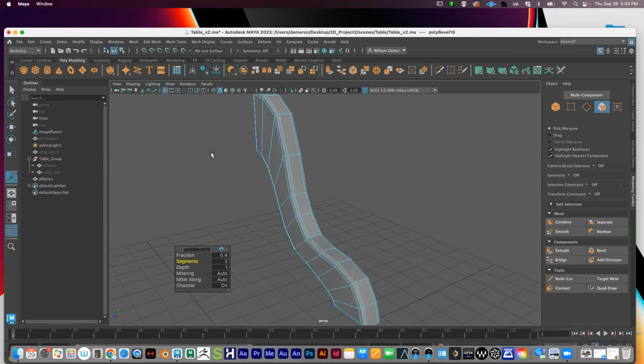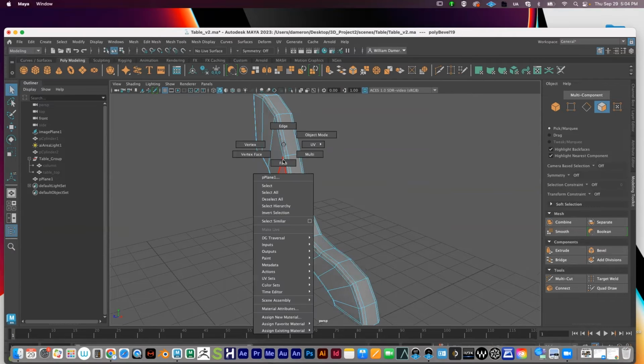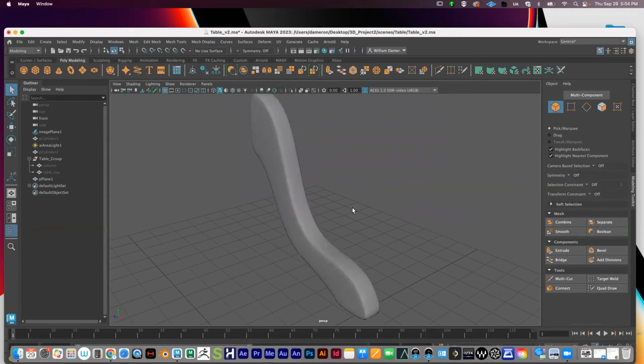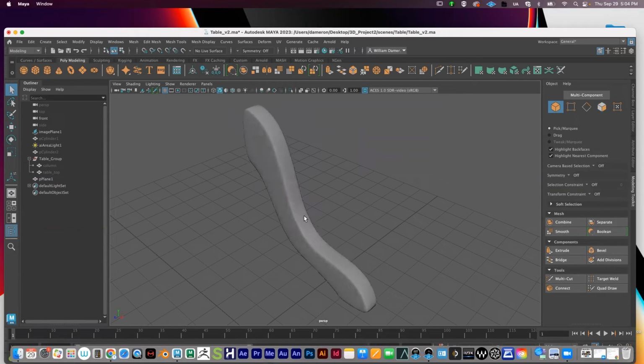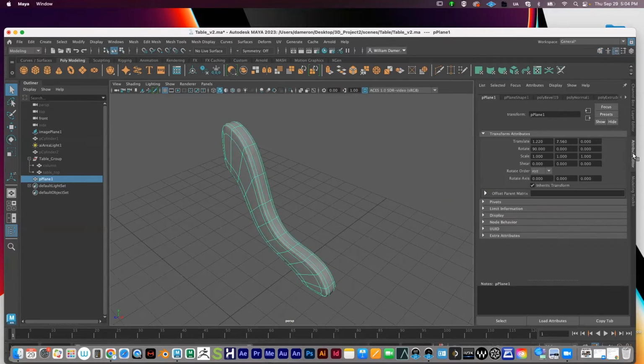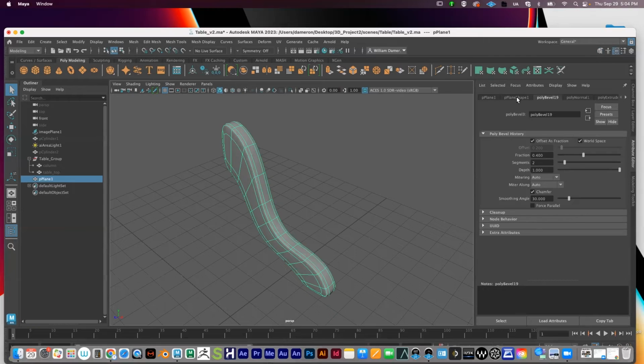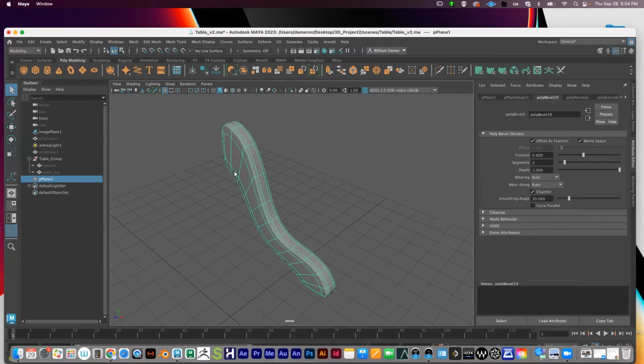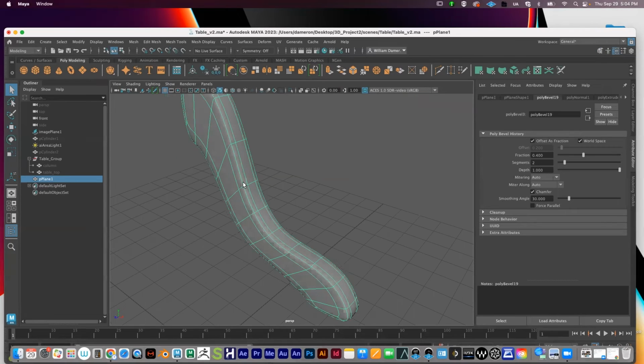Remember that you can click off of this and go back to this mode and then press 3 and see how it's looking. And remember that with this object selected, since I haven't deleted history, I can go to the attribute editor. These tabs are like your modeling actions that you've done. So with the furthest bevel to the left selected, I can make small adjustments to the bevel I did. If I want a sharper bevel with more segments in it,